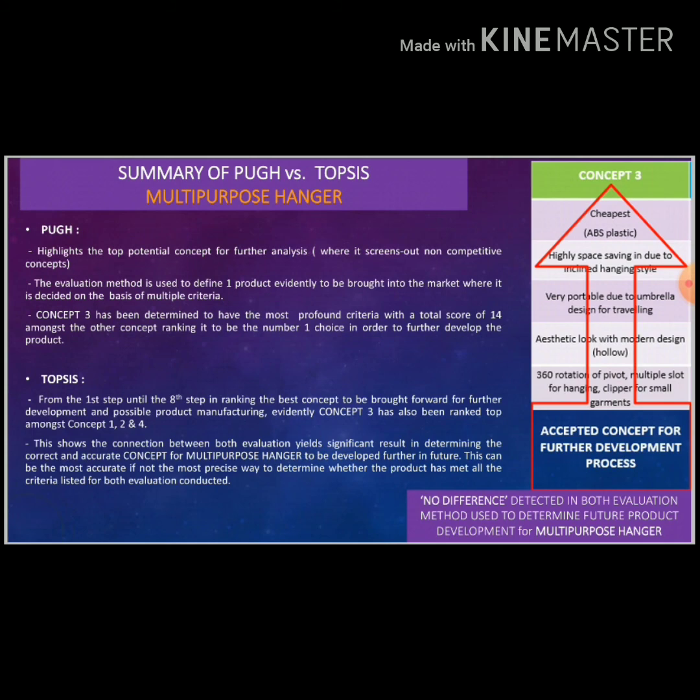But I would personally say that I prefer to choose Topsis over Pugh metric, because the Pugh metric does not give a real indication toward the selection of the concept generations. In comparison, Topsis has a closeness rating, and a separation distance between the positive ideal solution and